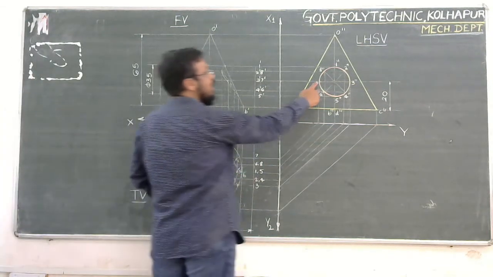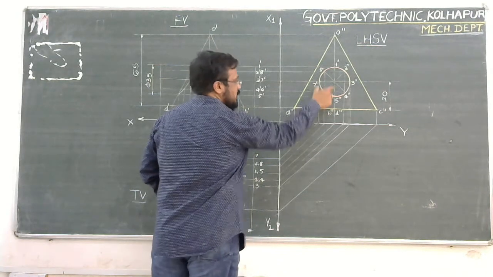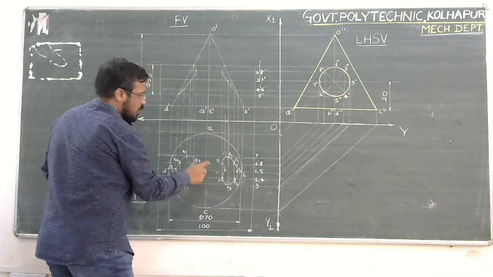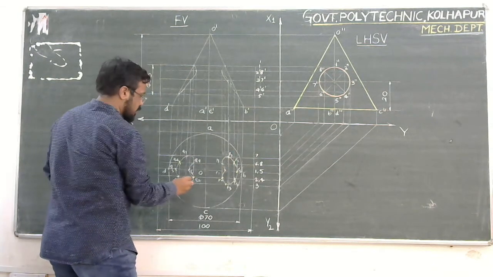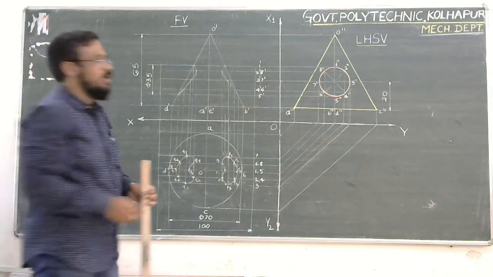Again for 7, this point is 7. Distance is from center line of the circle to this edge generator. And this 7 double dash projector on this topmost edge, with O as center and that radius, you cut it here, 7 to this 7. You are going to get this 7. Last point that remains is A.